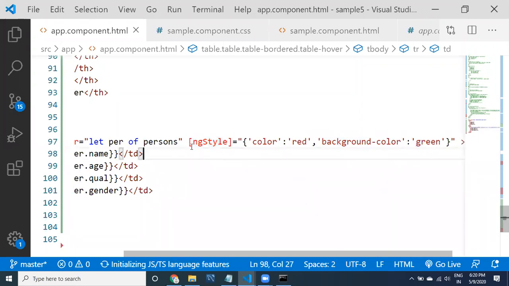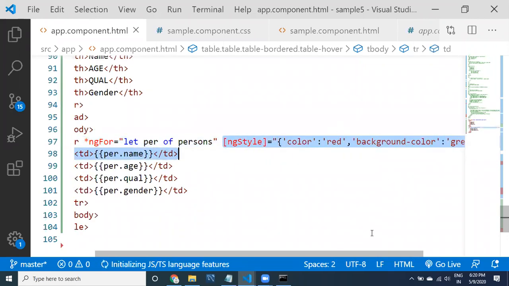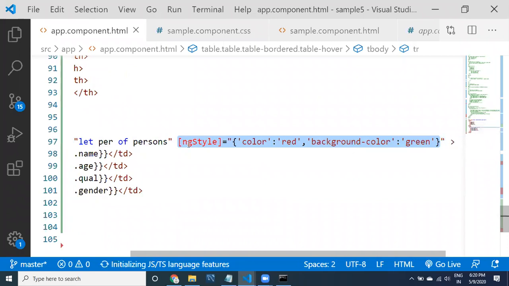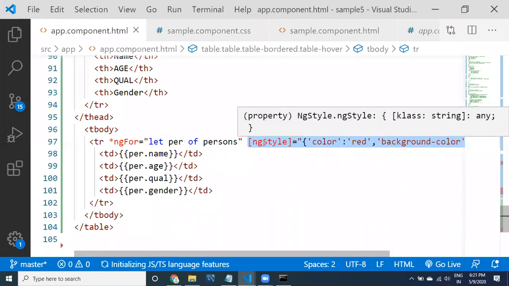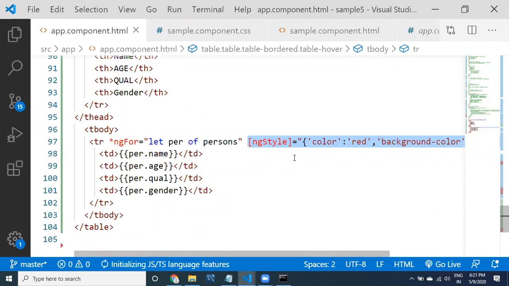Generally in our project we are not going to use styles directly. Of course, somewhere we can use styles also, but this is to demonstrate how to apply styles directly. I'm not creating classes in the CSS files and all. I'm just directly applying styles to the elements. Here, for the tr element. So this is the example of how to apply the style.